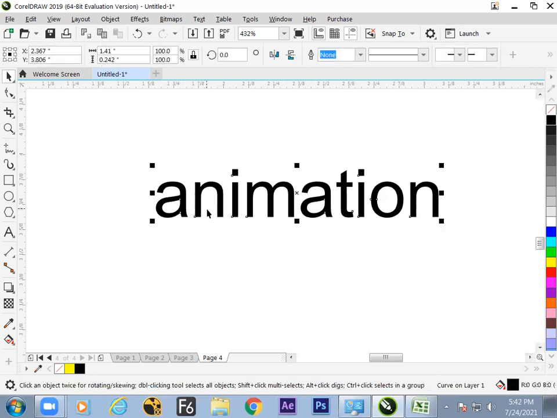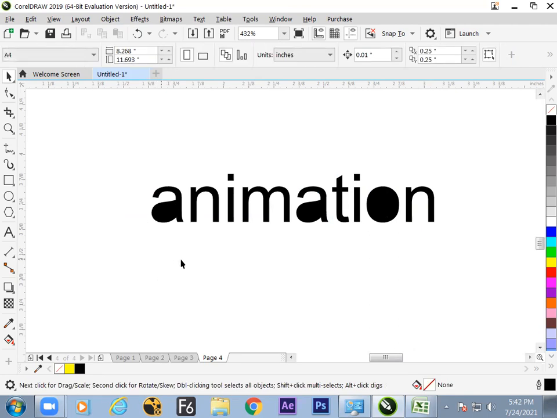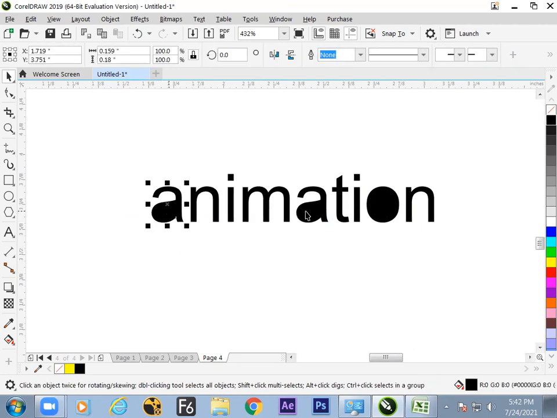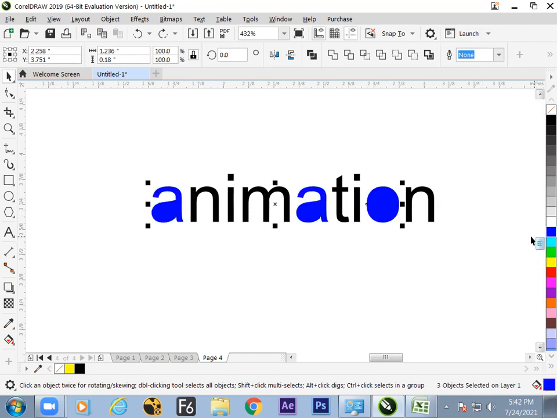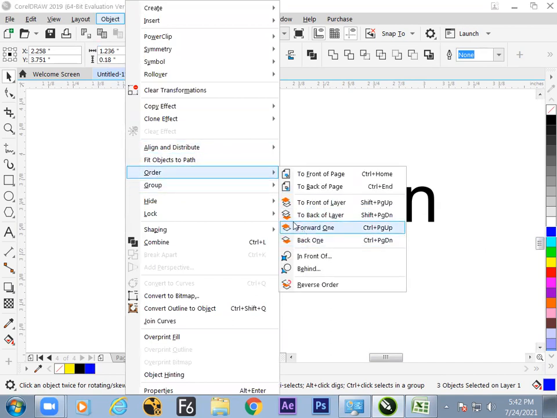Then these objects are in group combined format. We can break it apart. So once it is broken apart, each and every object gets separate because A and O are multiple objects. So it gets separate. Now let us make these three turn into a different color and send to backside. We know how to send to backside by the ordering option. You can see this button is double.